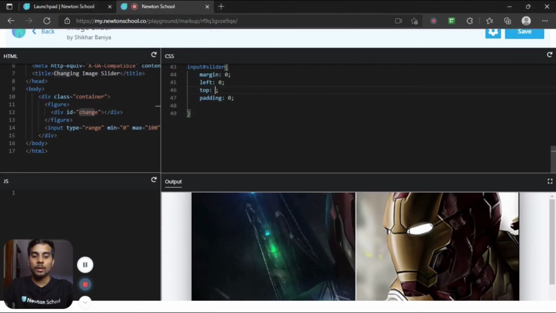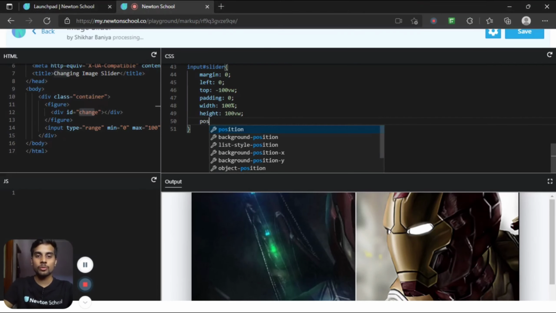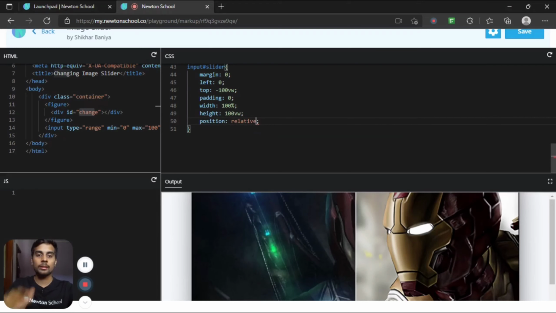And top value is, I think, minus 100 view width. Let's specify the width as 100% and the height as 100 view width. Also, I want position to be relative. And what are we forgetting?